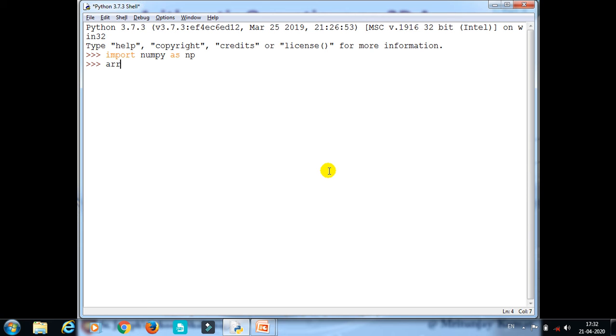For example, arr is equal to np dot arange, and in the brackets, taking the previous array only, I am giving the range 30, and then I will reshape it with the dimension 5 by 6.